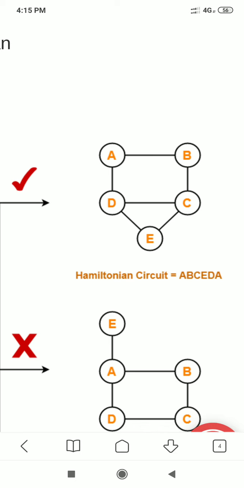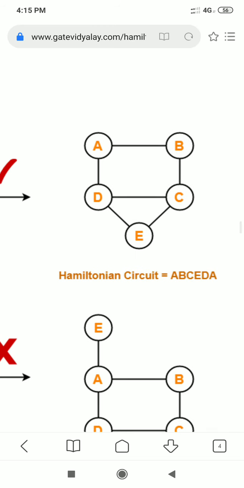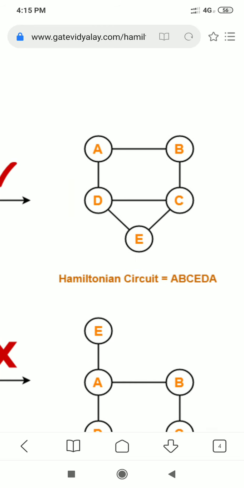Here you may have noticed that the edge CD is not taken. This is not our target, to catch all the edges. You may recall that in Euler graphs every edge was taken, but in this case every vertex is taken instead of edges. So edges may be ignored, but vertices must be taken, and exactly once, so no repetition will be there except the initial and starting vertex.